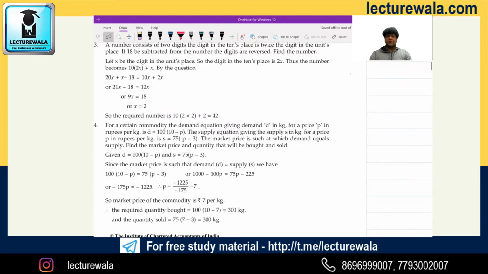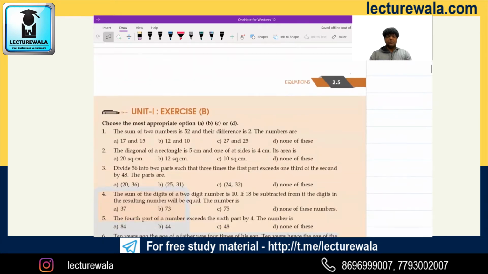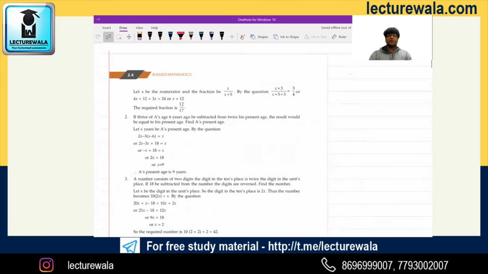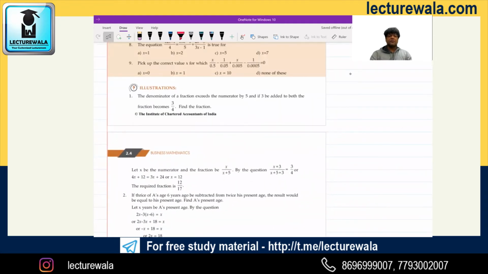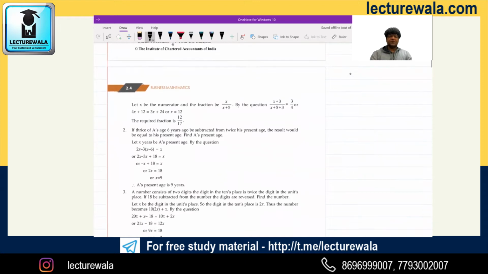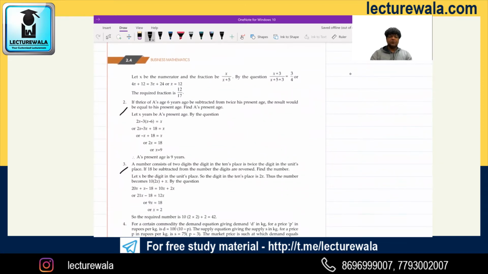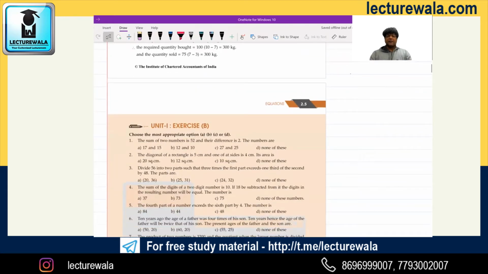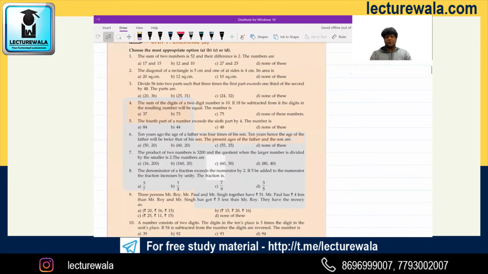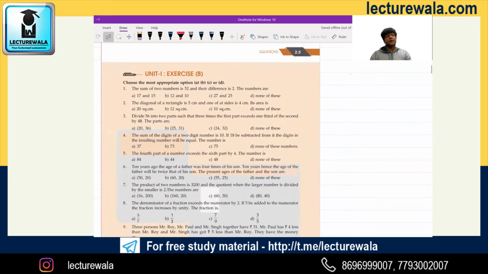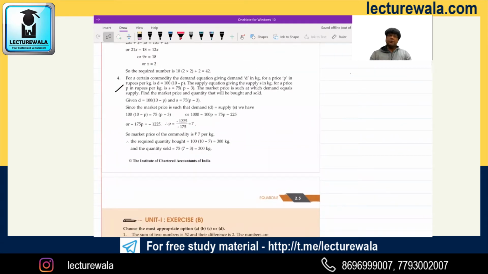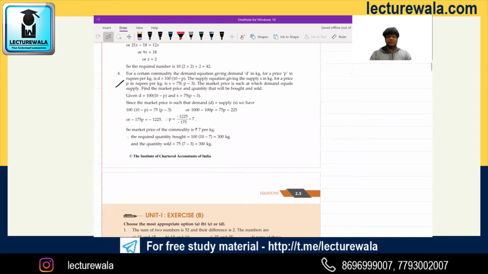See, all these types of questions, guys, you people are to do these questions. You know how many questions are given? Only 4 questions. See, illustration 1, 2, 3, 4. Only 4. And then the exercise is starting. All these questions of the exercise I have already done, if you remember. So the illustration questions you are to do. These 4 questions you will have to do yourself.